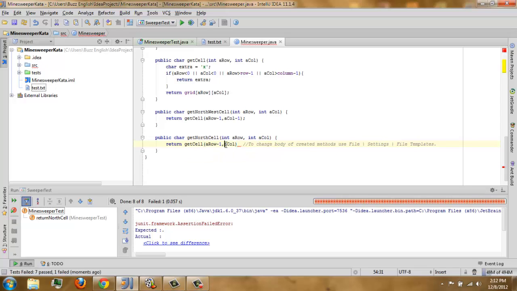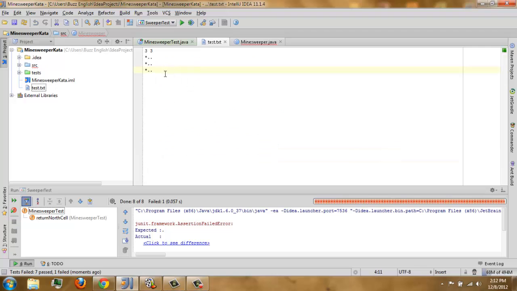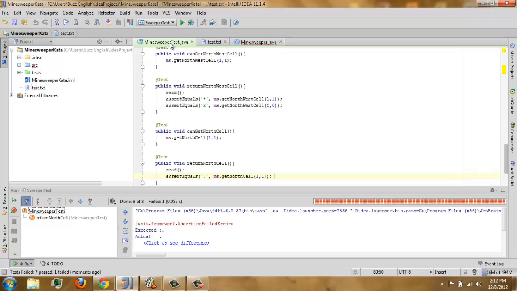Because we're in 1 1, right? It's in the second row, so let's subtract 1. And the column is just the same. Here, that's our center cell, this is our 1 1. If we're going to get our north, we have to move 0 1, so we have to subtract the row.